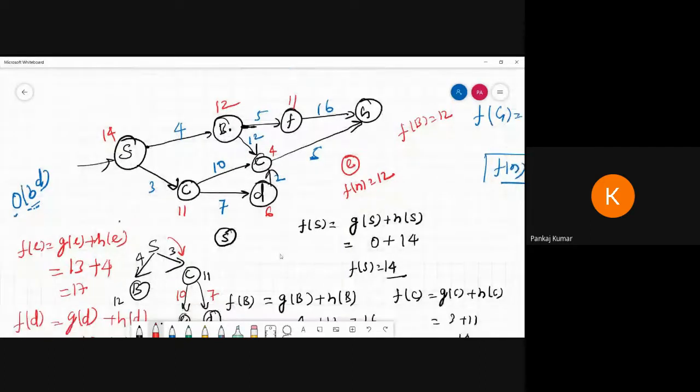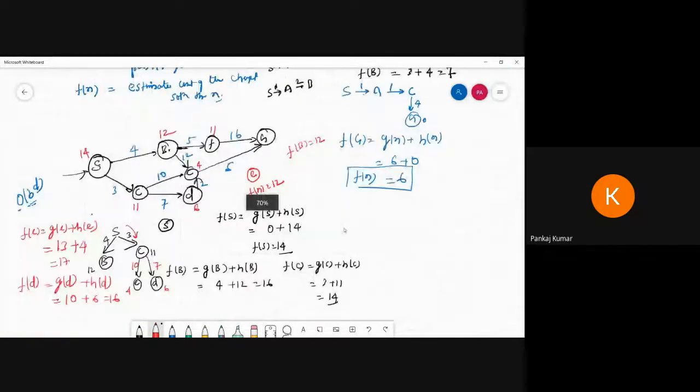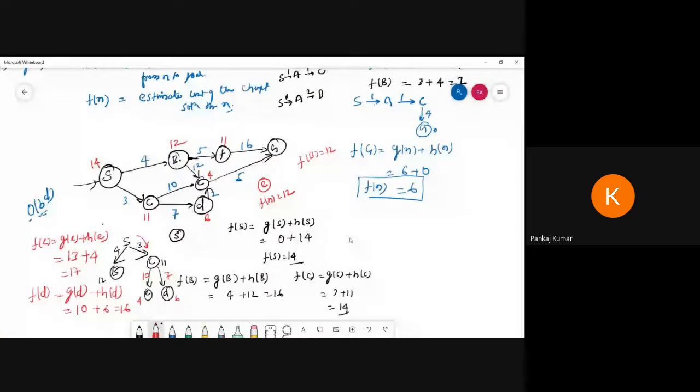सो इसे हम लोग कैलकुलेट करते हैं. सो यहां हमने किसको चूज किया, S to C and C to D. So D can be explored again with E. So what is the path cost of E is 2. This one is the 3. This one is the 7, and this one. So f of E I'm going to calculate. So basically you can choose like this one.